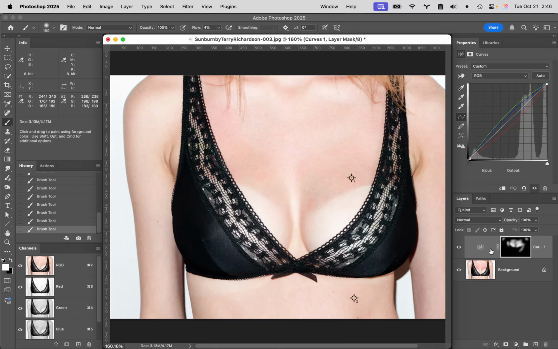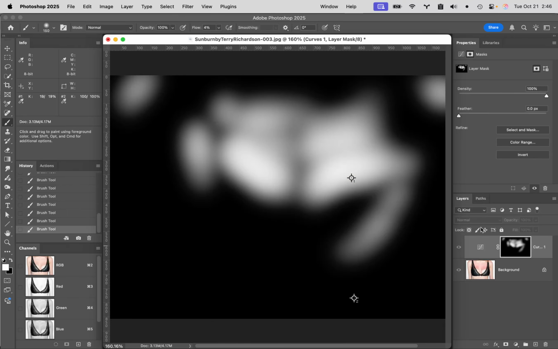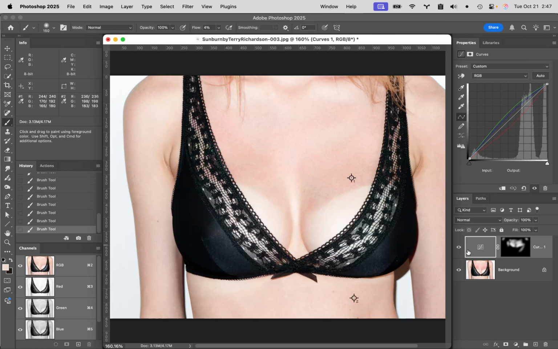If you want to see what your mask actually looks like, there's an area right there that needs it. Hold down your Option key and click on the mask. This is what mine looks like. The areas that are lighter are allowing a much stronger correction. The areas that are darker are much less. Looking at how strong this is right now, if I was going to do this again, I would drop my flow even more. I would take it down to like a 2 to really be able to bring this in a little bit slower. But right now, I think that this is relatively good, and you turn this on and off, and that looks